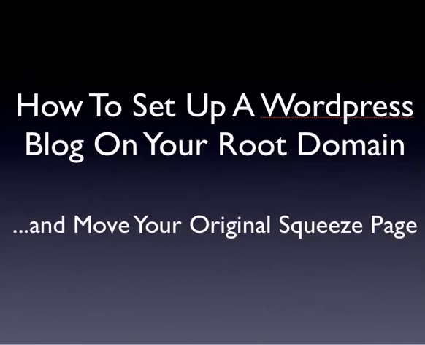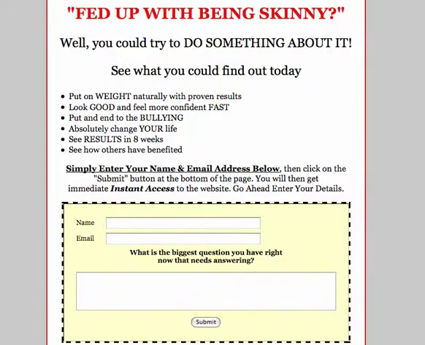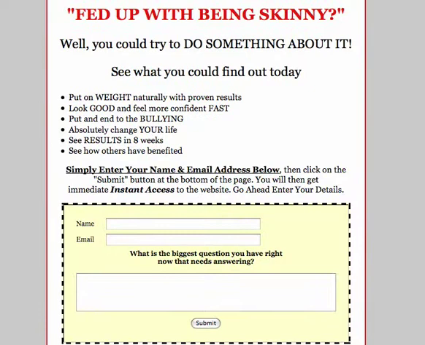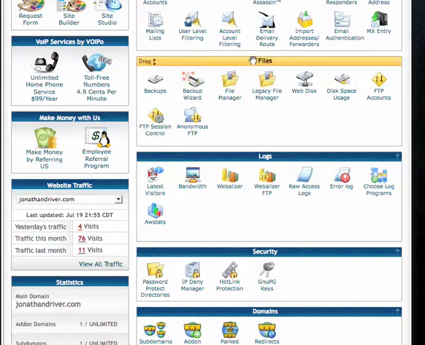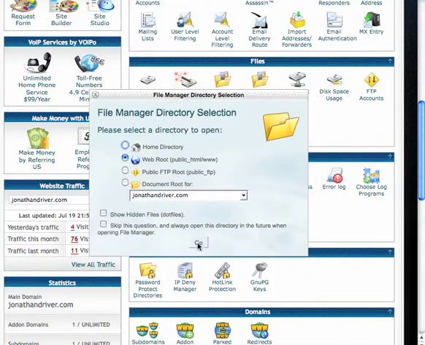So in order to do that, the first thing I'm going to do is use an example of Jonathan Driver, who currently has his squeeze page at jonathandriver.com. First of all, I'm going to rename this file. I'm going to do that by going into the control panel, and within Jonathan's control panel I'm going to click on File Manager and click on Web Root,